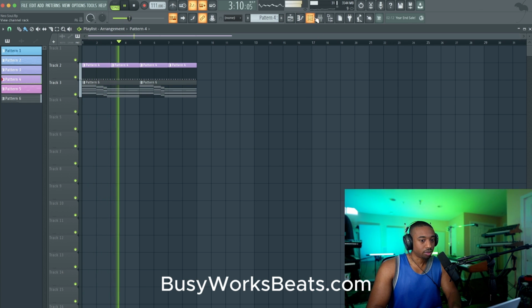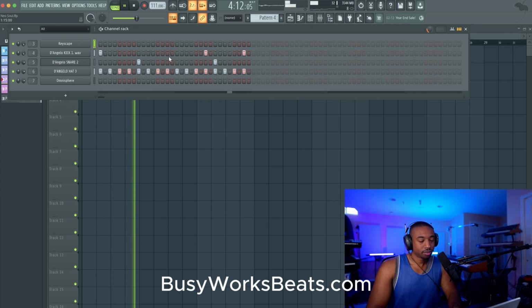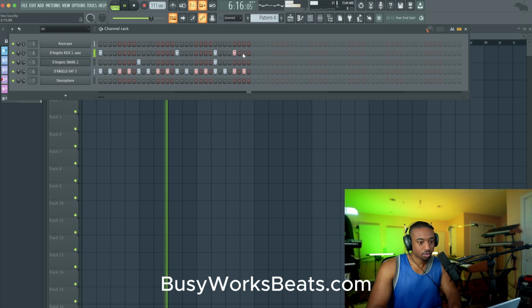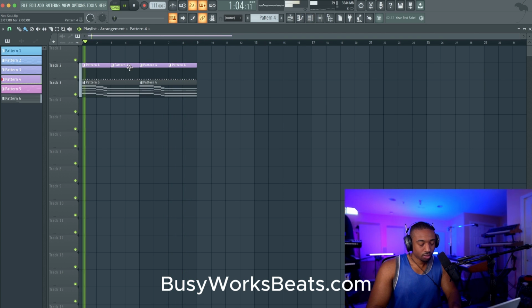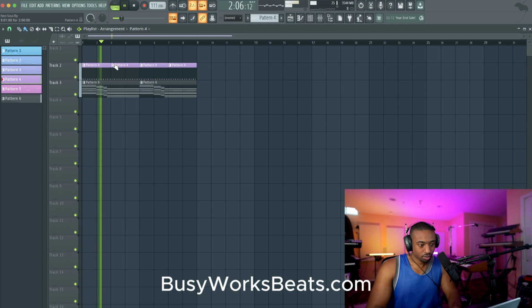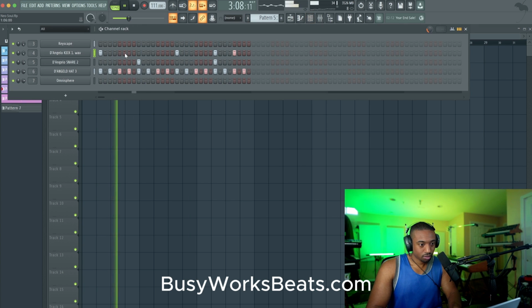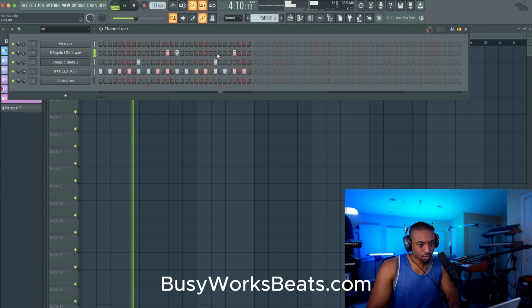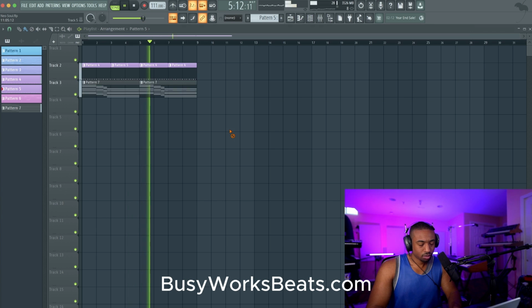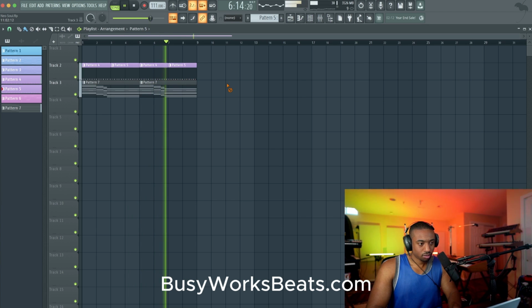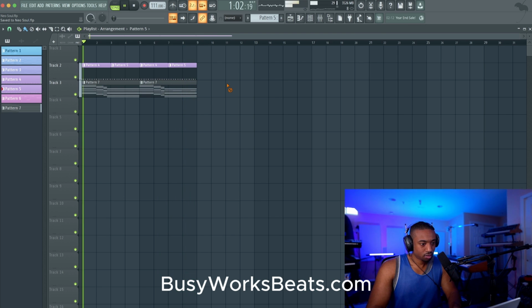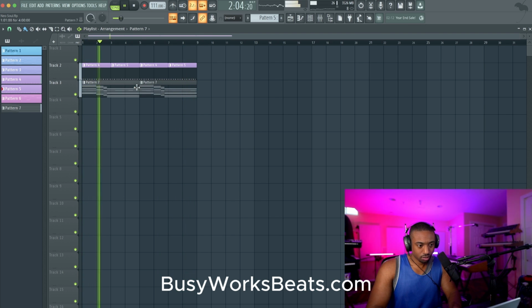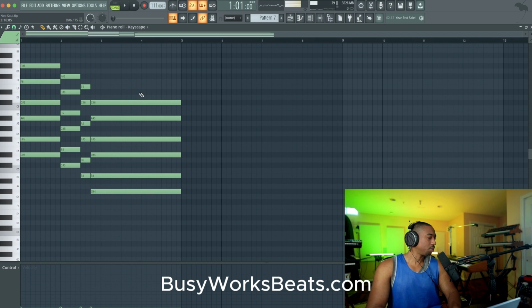The drums will change up for this vibe. Again, you could transpose the key, hitting shift up or down.